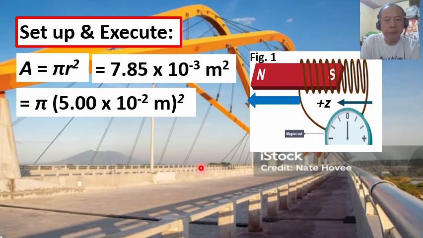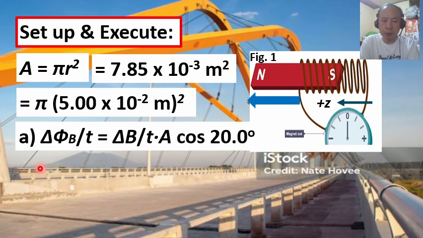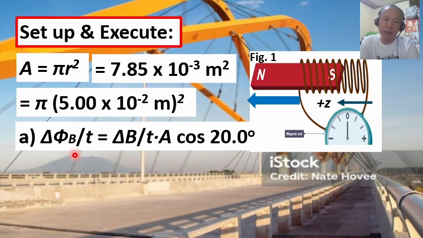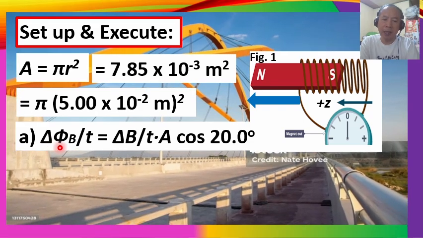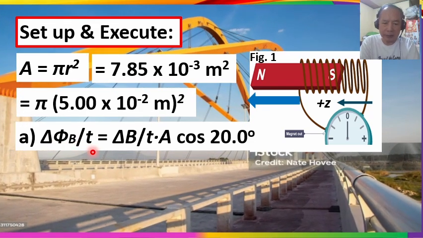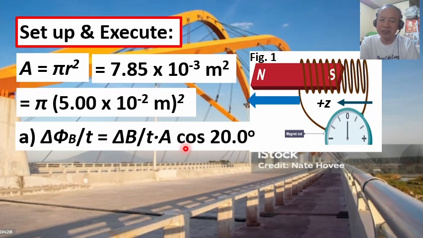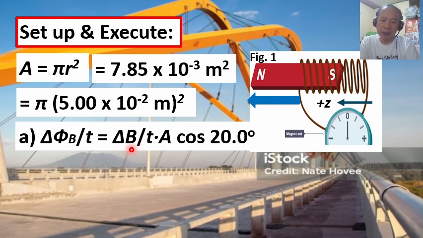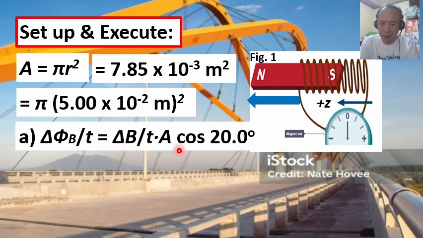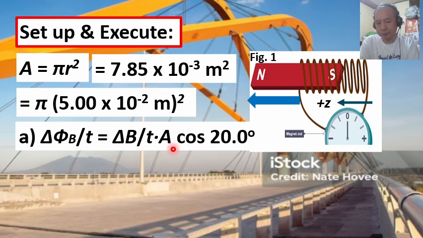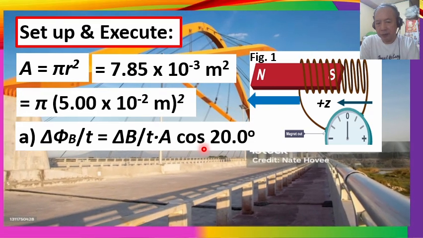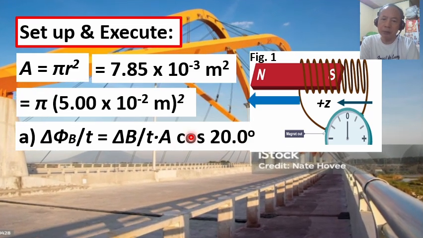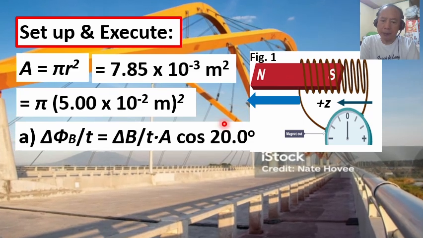So we are now ready to proceed in computing the target variable in part A, which is the time rate of change in the magnetic flux. All right, delta capital Phi sub B over t, which may also be expressed as the dot product of the time rate of change in the magnetic field and the area vector, right? The direction of the area vector and the magnetic field of the bar magnet